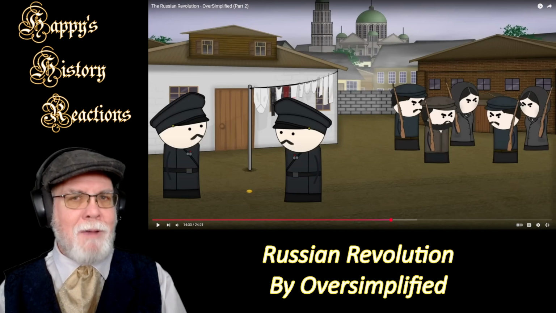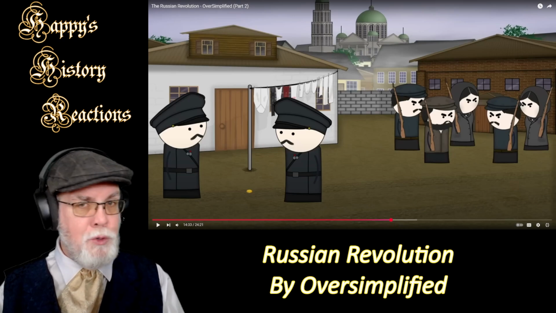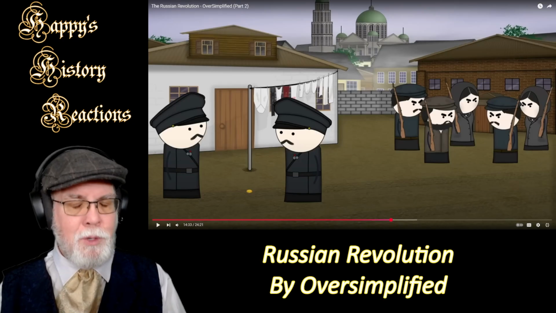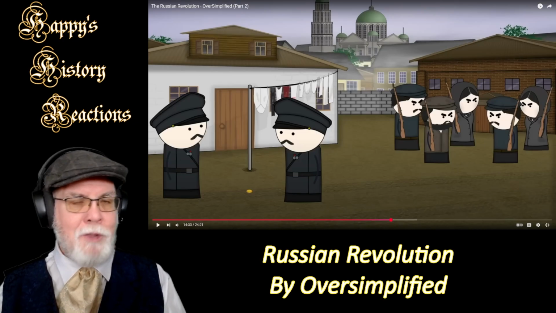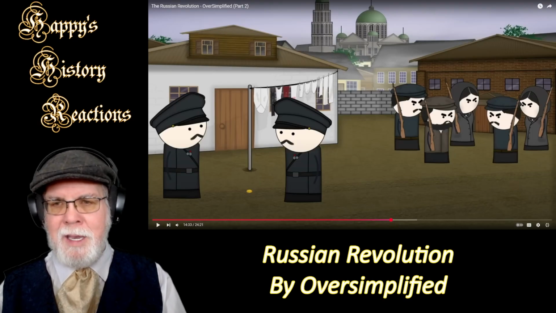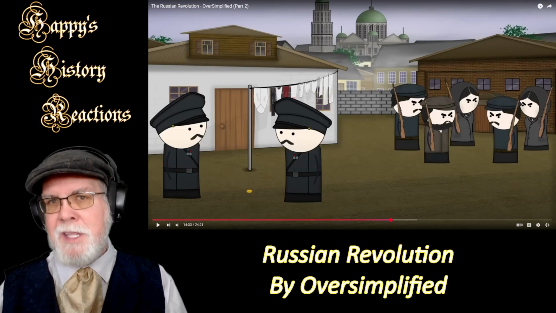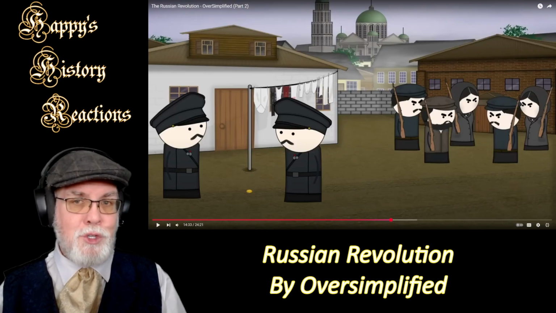The Aurora, if you're not familiar with it, I talk about it a little bit more at the end of my reaction to Blue Jays' dumbest Russian voyage that nobody talked about. It is a pretty well-known ship. It's still in Petersburg. You can actually visit it. It is a museum ship now.